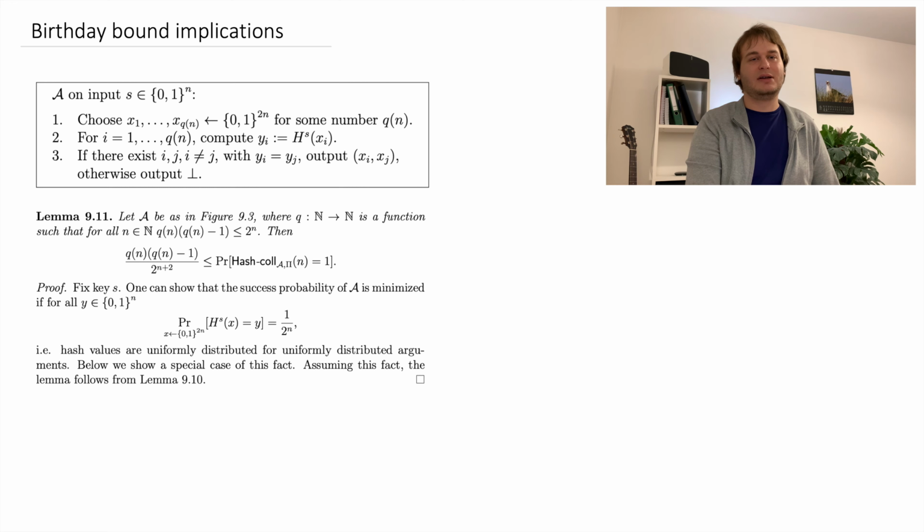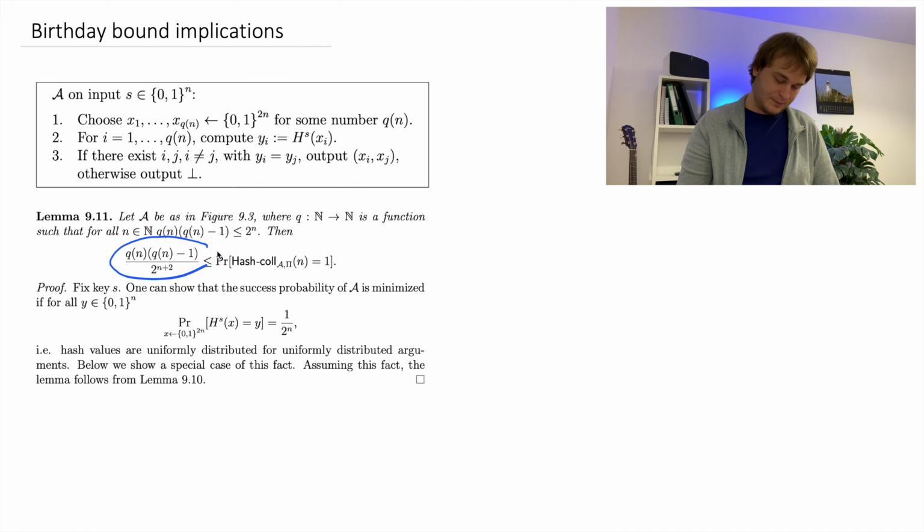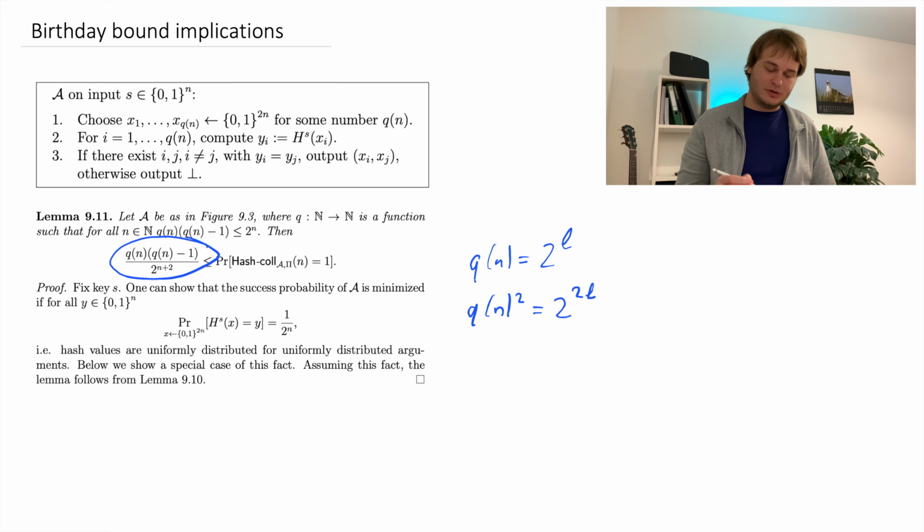And as it turns out, the success probability of this adversary is not that bad. So the probability of finding a collision if I choose q(n) random values is at least this. Now the most important message is that there's a q(n) squared in this thing. And because of that, if I do 2 to the L operations for some L, and because in my success probability the q(n) is squared, I get from 2 to the L operations, I get 2 to the 2 times L loss in security,